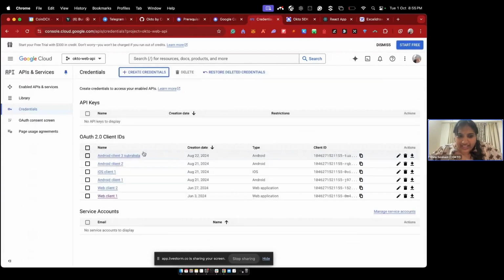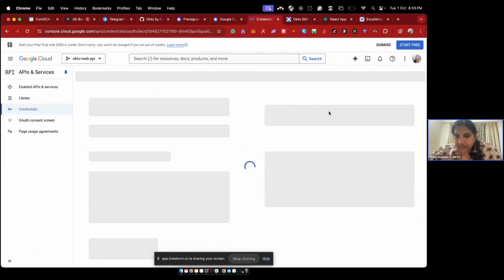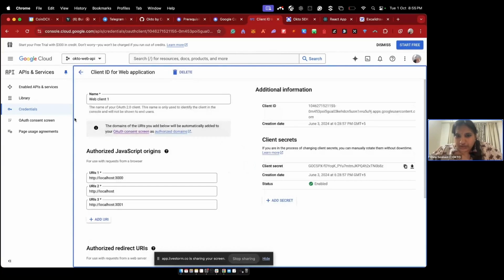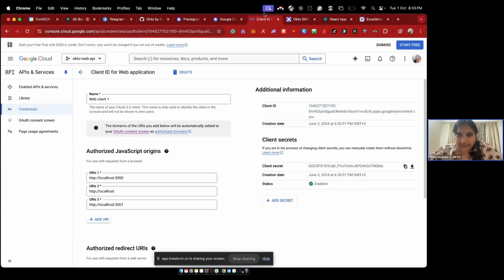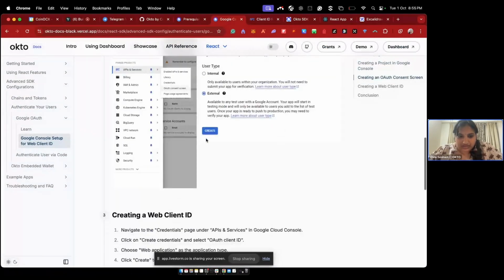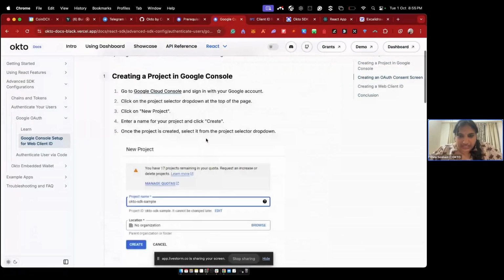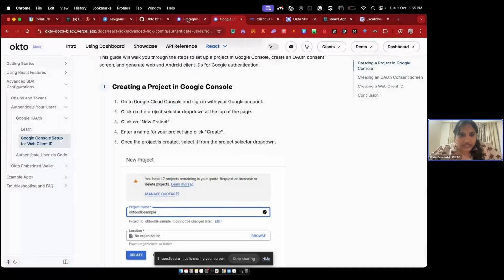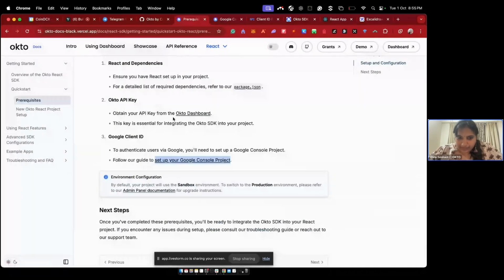Here I already have a bunch of projects created, so I'm just going to use one of them. Once you set all of this up and follow the steps in our documentation, you just have to copy this value, the client ID. You can follow the steps here. It is pretty straightforward. Now that we have our API key and our client ID,